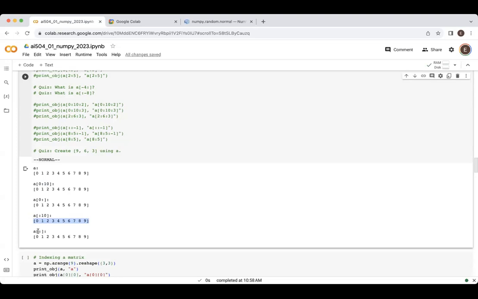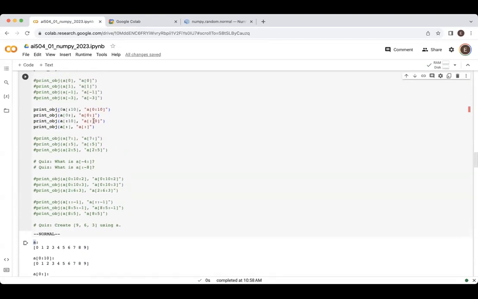If you omit both sides of the colon, so there should be 0 and there should be 10 here, but you've omitted both, Numpy still understands that you want to start from the first and go until the last. So that would be this. But then why would you do this? You can just call A. If you're going to do this, then there's basically no difference than calling A. So you can play around. You can actually type